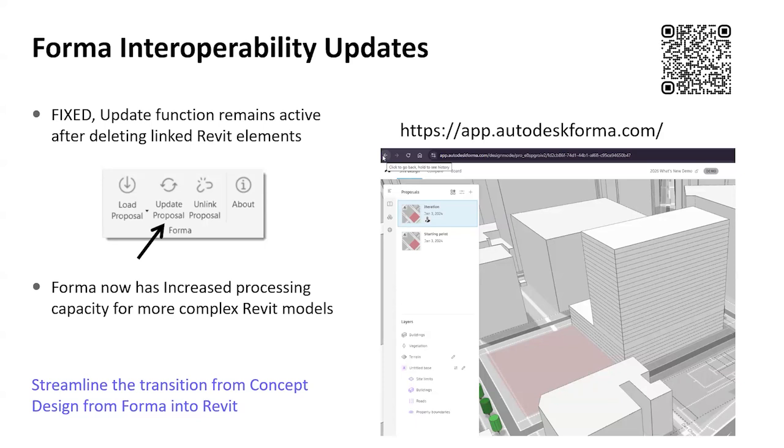This is completely in the browser, so app.autodeskforma.com. By the way, there's a cute little QR code if you want to learn more about Forma right up in there. The update function for the Forma plugin for Revit now remains active after deleting linked Forma elements, allowing interactive edits without disrupting synchronization. So Autodesk has also increased Forma's geometry processing capacity, supporting the transfer of more complex Revit